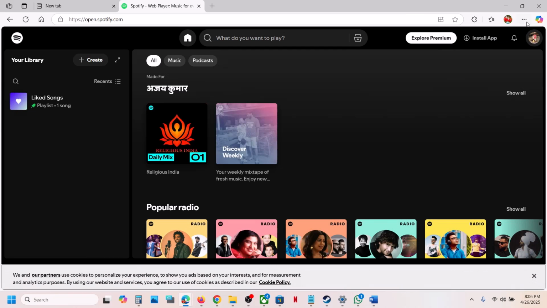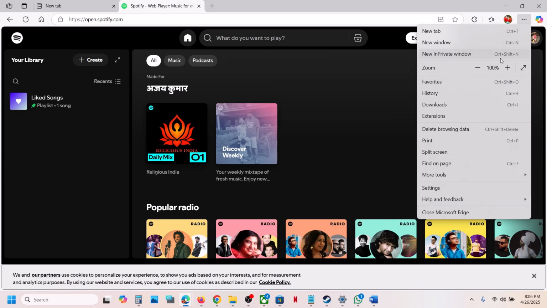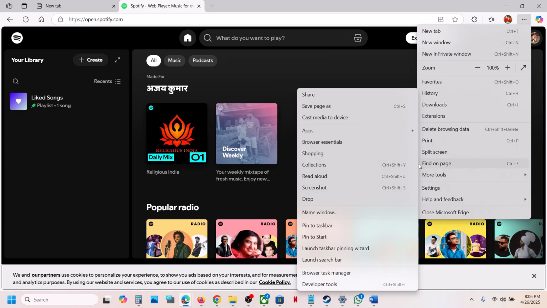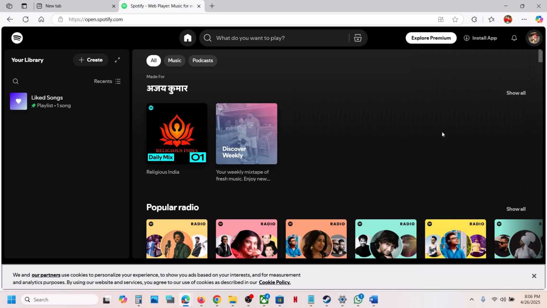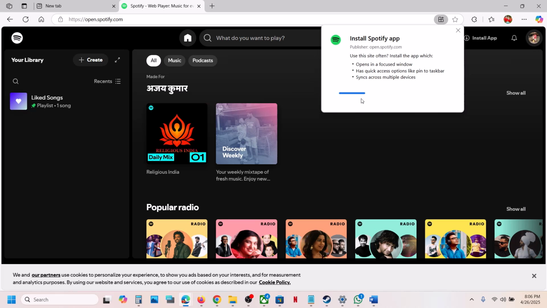The link is provided in the video description, and over here you can click on these three dots at the top right. Here you can see the three dots option. Click on it and then go to more tools, and then you will see apps option, and then you will see an option which says install Spotify. So you can click on it and then click on install,